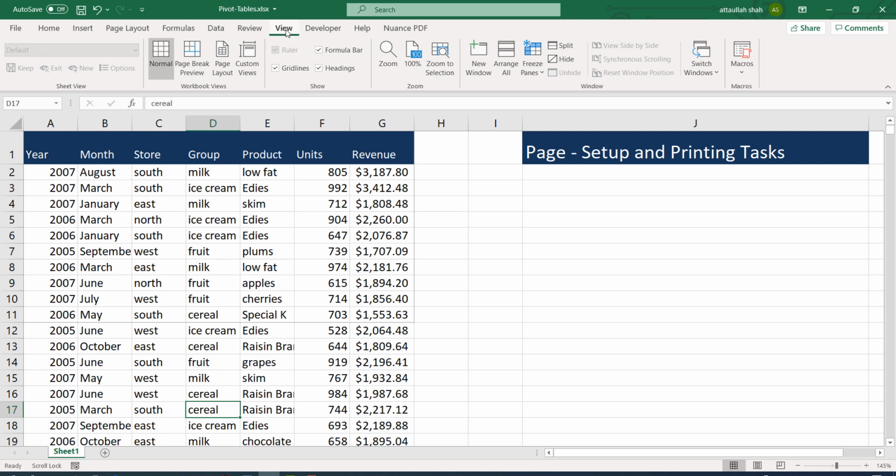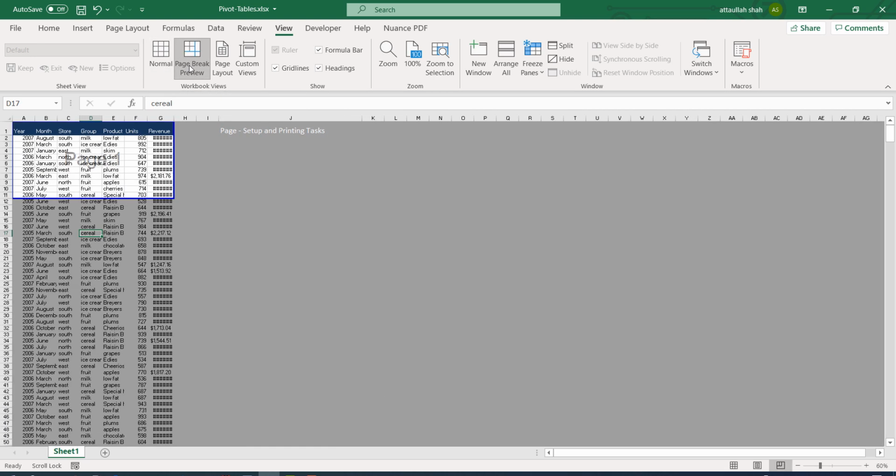Let me show one more thing to you. If I go to the view menu, there the default option selected is normal. We have some other options as well, for example, page break preview. It highlights the area that is currently marked for printing purposes.